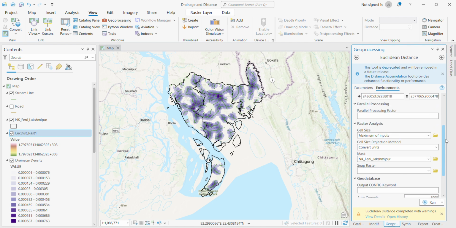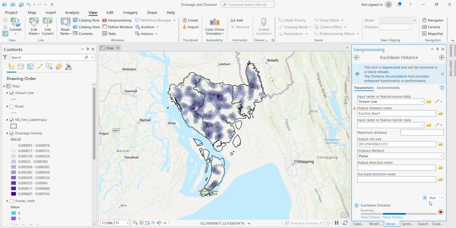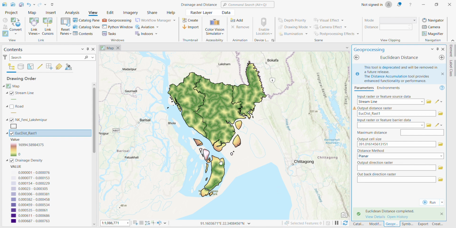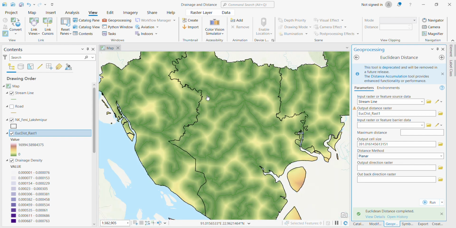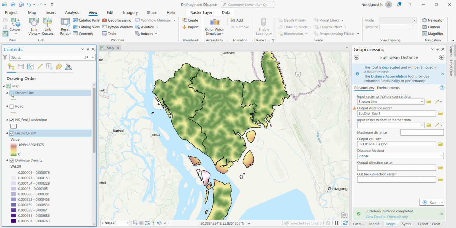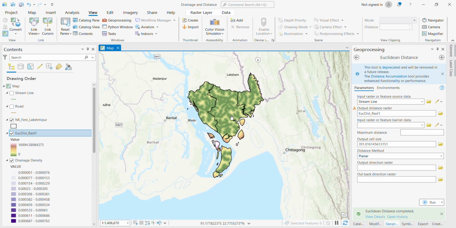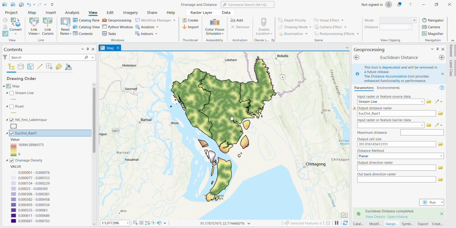So in the environments, we'll have to set up so that our outputs don't get out of our desired study area. So I guess right now, if we just keep this area blank, this should work. So I'll click the run button again. And yes, right now we've actually got our desired output. If we just uncheck the streamline, we can see a beautiful map of our distance to river. So I can just rename this,